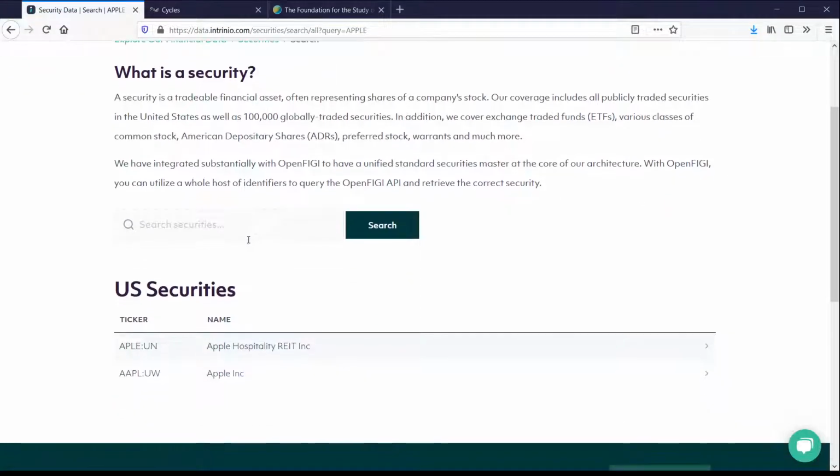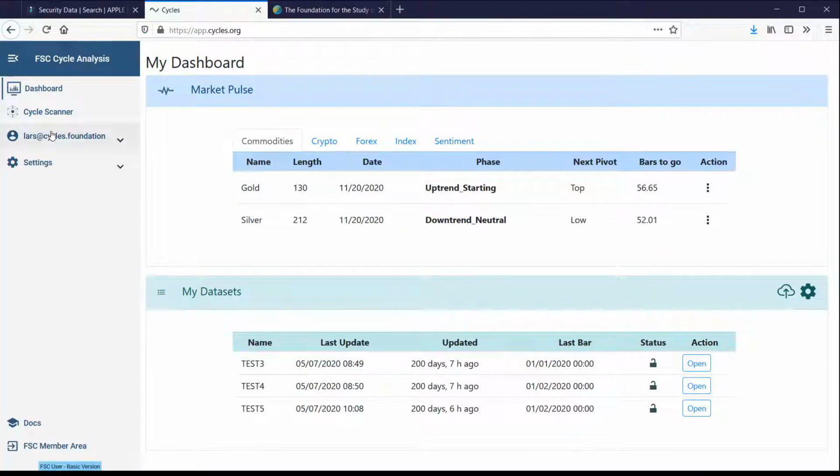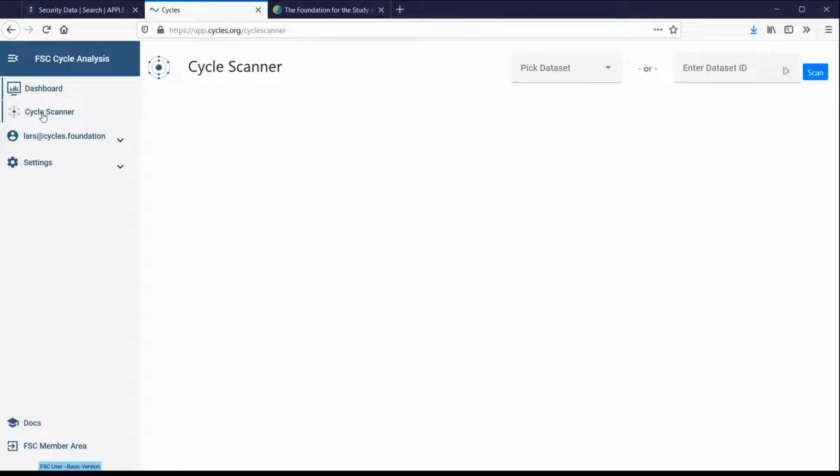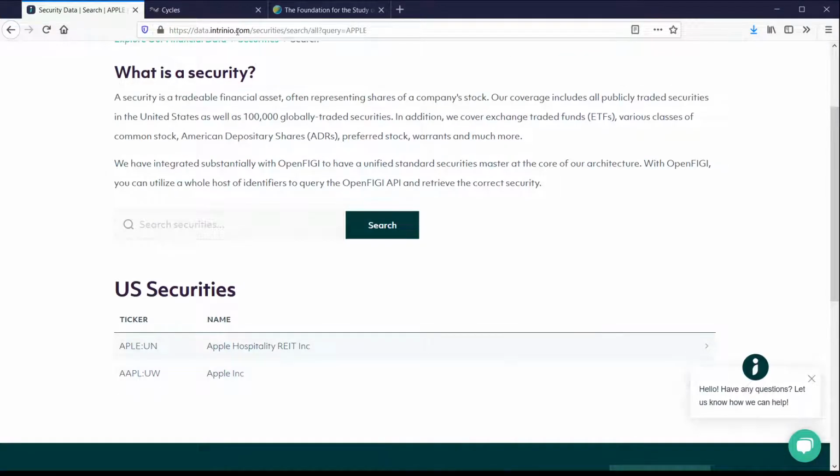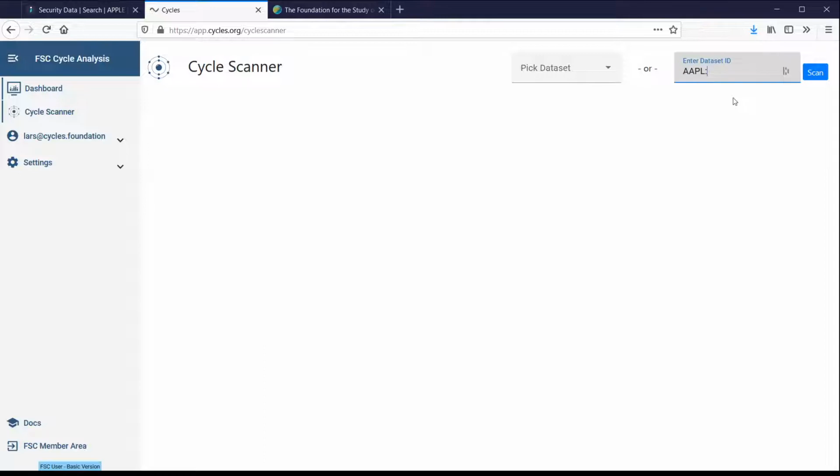And then it shows the symbol ID, which can be used here in Intrinio. If you use this ID, which is the one I see here, and put it into the cycle analyzer, which I will do in a second. So just go to the scanner, pull up the ID you have found on the Intrinio search site. In this case, it's the same. And then use the ending, which I show you here. And then you can load up data from Intrinio.